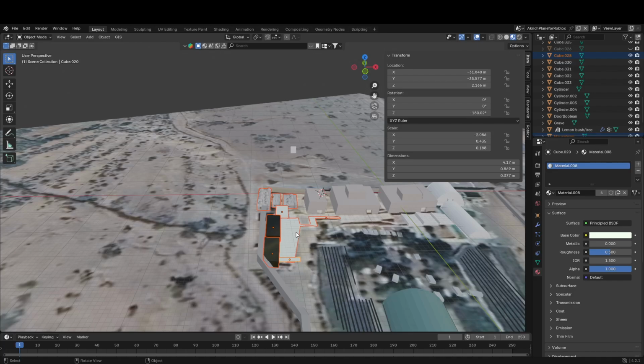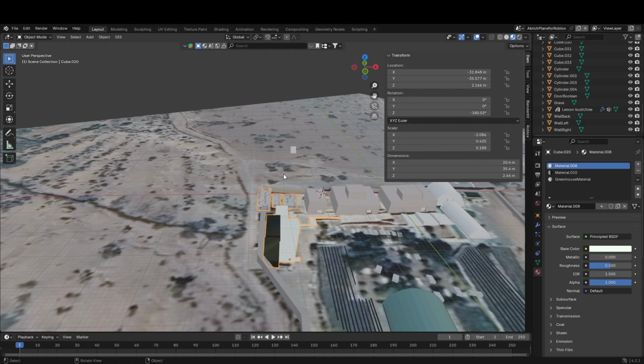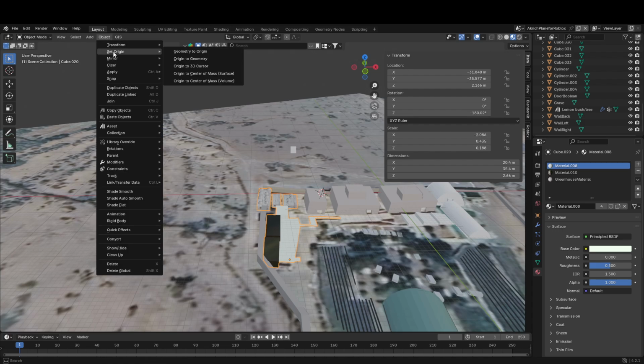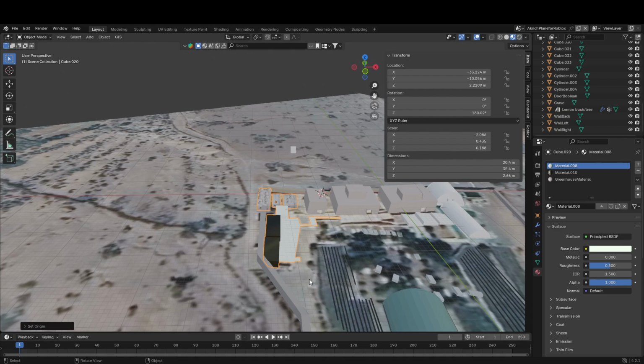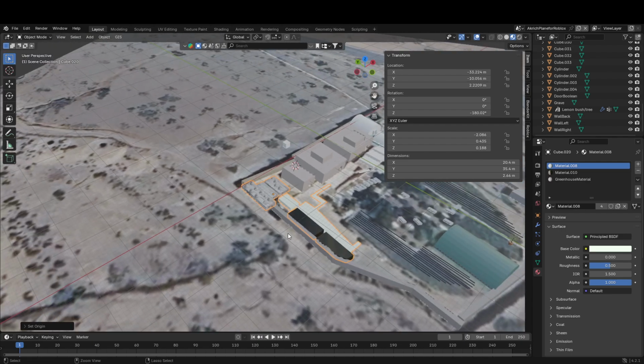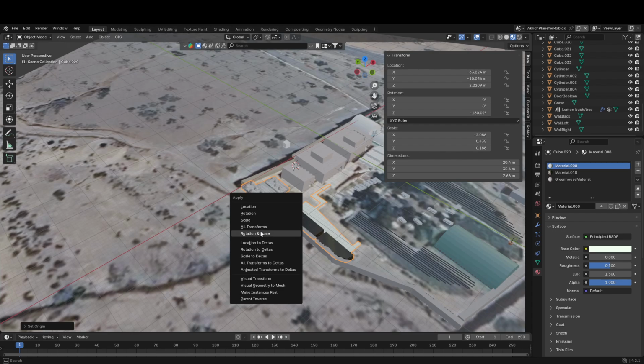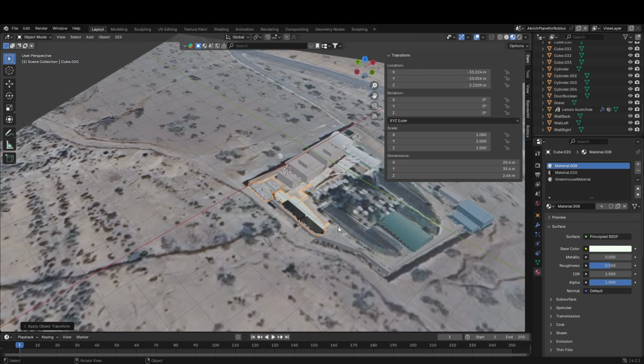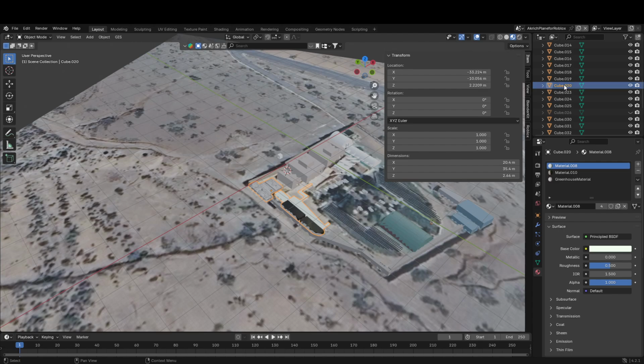Well, let's try something that I've learned here now. I'm going to join all these together now. And I'm going to go to Object, Set Origin to Geometry. But what I will do is when I hit Control A to bake it in, I won't do all transforms. I'll just use rotation and scale and hope that that works for this. Now this is now known as Cube 20, and I'm going to make it Mausoleum